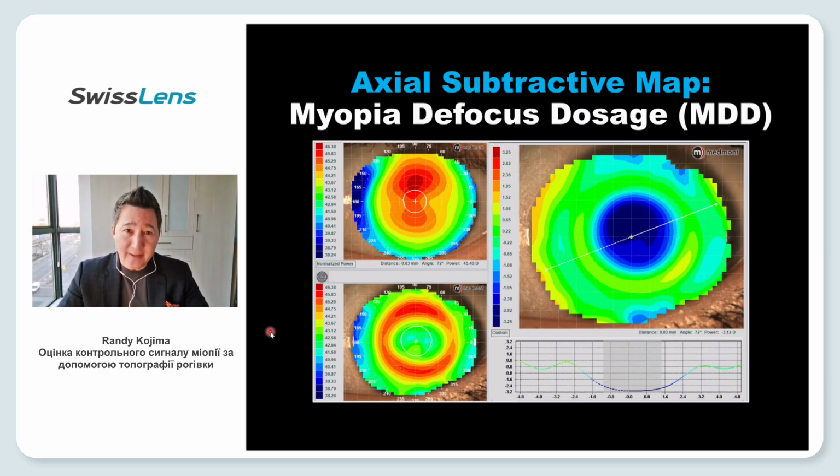Now, finally, how do we learn something about the signal that we're creating? We know if we've created a bullseye topography, if we've created the ideal centered effect, but have we created a good myopia controlling ortho-K outcome? Here's an example where I'm happy with the centration. It's a little bit high relative to the visual axis here, but am I happy with the myopia controlling outcome